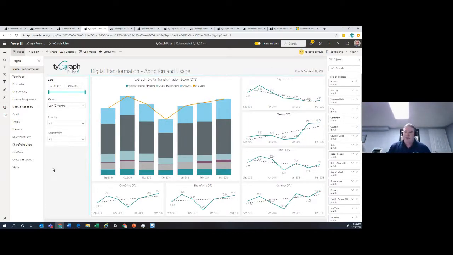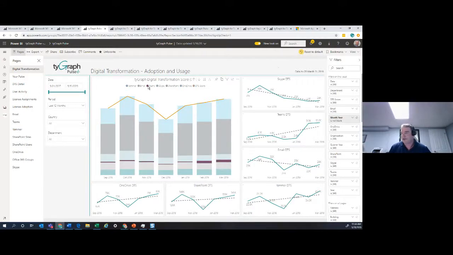So this is a digital transformation scorecard, something that we have created. I can take a look at the various aspects of this. I can specifically focus on Teams. If I hit this, I can see a nice band uptick in regard to how my teams are performing. This is an aggregate model. We're looking at a number of different signals. And the way the scorecard is calculated is it's actually a weighted scorecard.